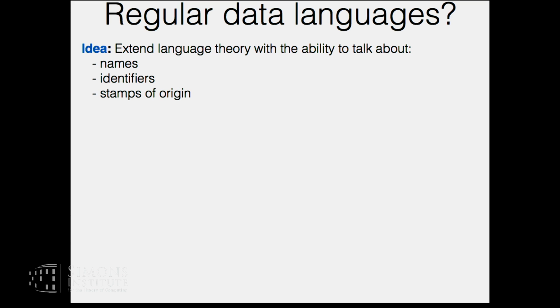Okay, so what is the story of that? Regular data languages. This notion of data is the name that is given, I think, in the database community. So the idea is to typically encode identifiers. Imagine you have a word, and this word is a list of things, and for instance there are books, and you want to know where they are. So the basic relation that you want between two pieces of data is only equality. You will not compare things for any other thing. So that's why you try to model it. And it has many applications, so names in programming, in semantics of programming languages. You can do many things with that.